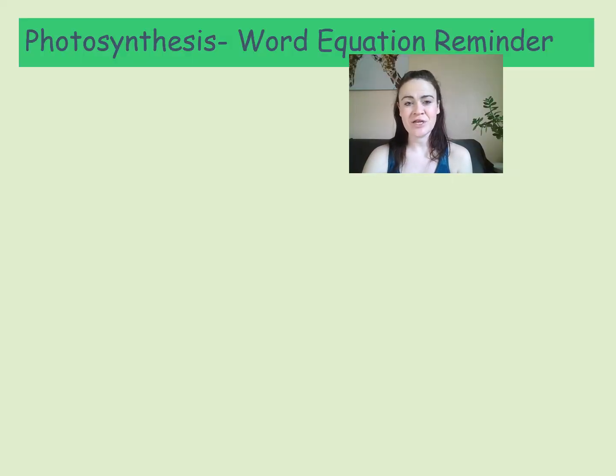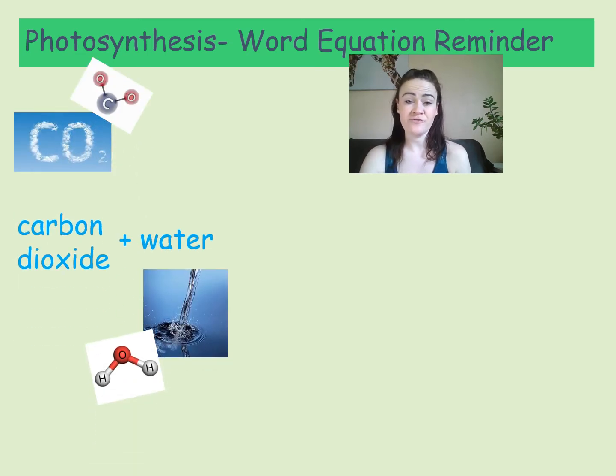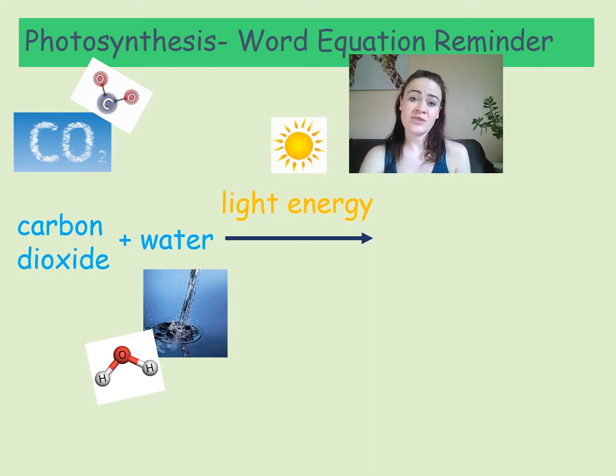Before we get started, we're just going to have a little reminder as to what photosynthesis actually is. Now remember, it occurs in plant cells. In particular, it occurs in the chloroplast and it uses a special pigment called chlorophyll. What happens is we take carbon dioxide from the atmosphere and water from the soil. So the carbon dioxide enters the plant through the stomata, the holes on the underside of the leaves. There are some stomata on the top, but basically holes in the leaf that allow gas exchange. Carbon dioxide enters through the stomata, water enters via the roots of the plants,